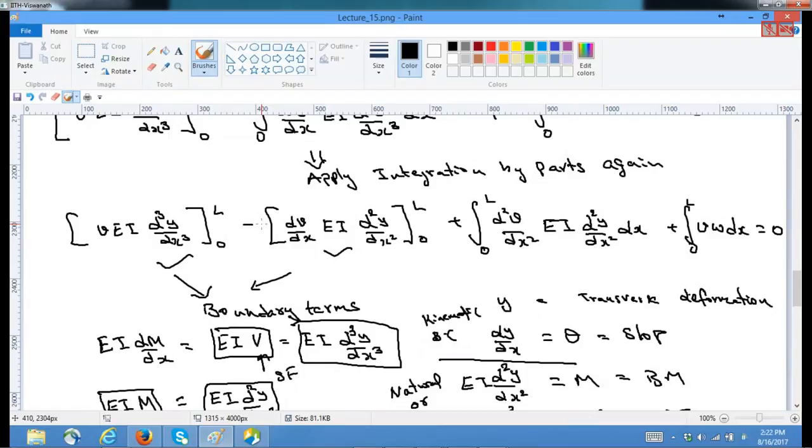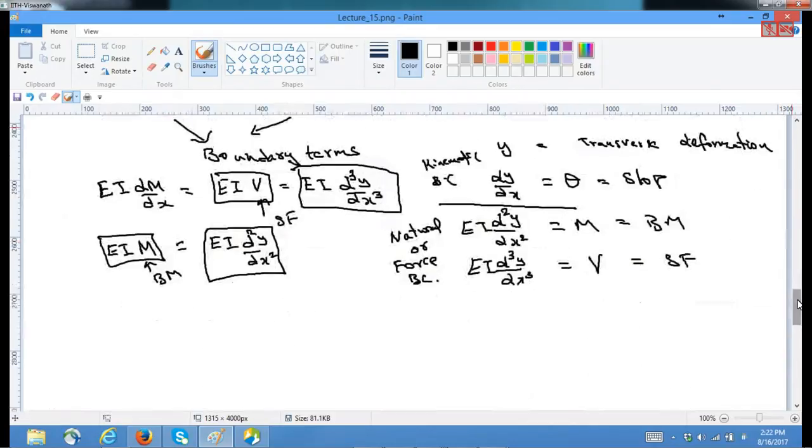That can only happen when kinematic boundary conditions are specified,